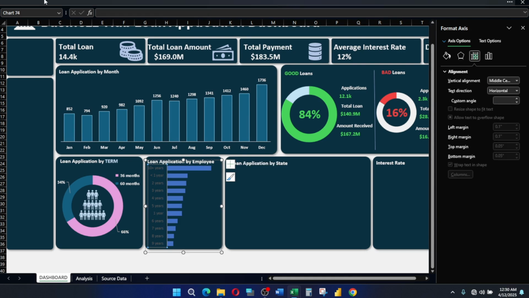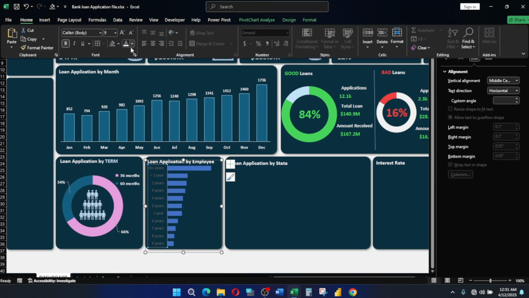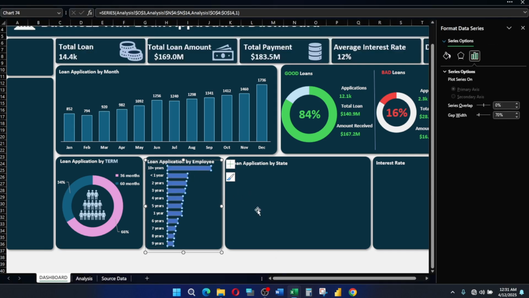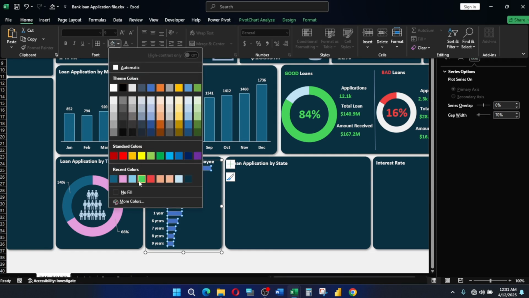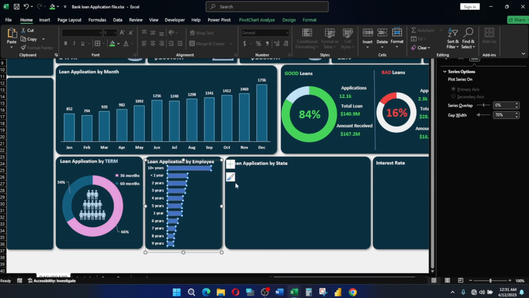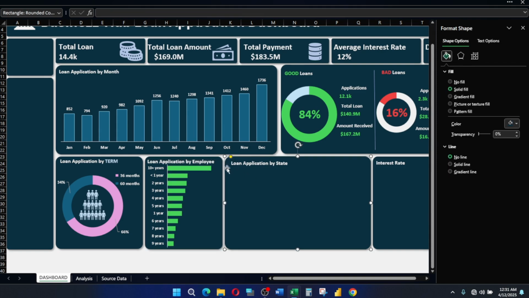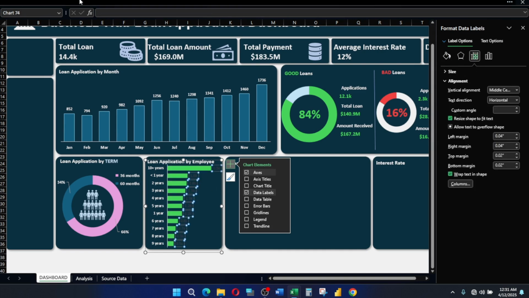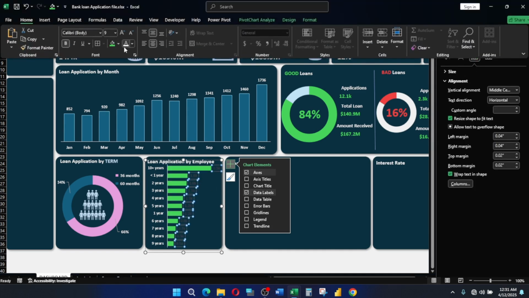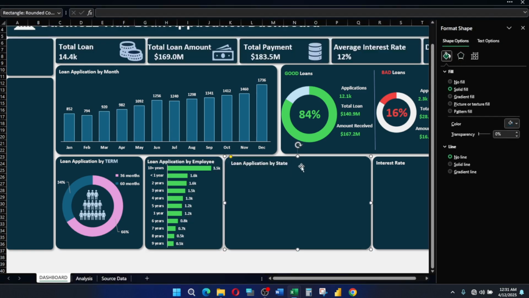We have this. Then make this bold. Change the color to fit what we're doing. Change the bar colors also to look something like this, right? Then add the data labels. Change the data label color, make it bold. Change the color. We have something of this nature. Now we're going to add in the